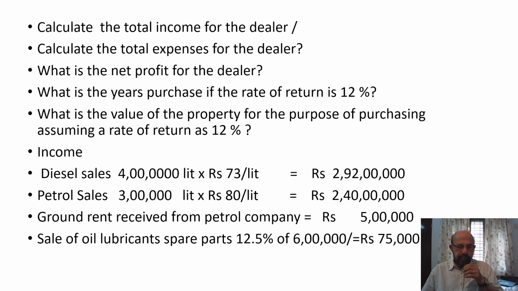Total income. Diesel sales 4 lakhs liters at rupees 73 is equal to 2 crores 92 lakhs. Petrol sales 3 lakhs liters at rupees 80 per liter is equal to 2 crores 40 lakhs. Ground rent received from the petrol company rupees 5 lakhs. Sale of oil, lubricant, spare parts